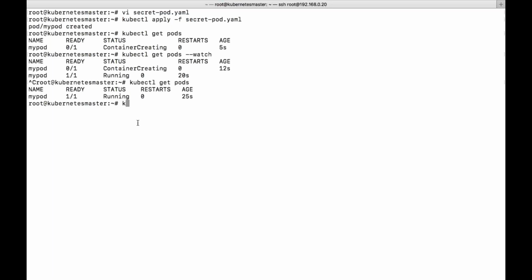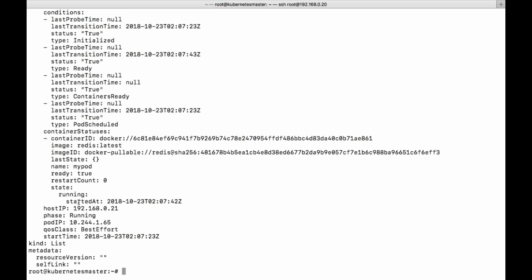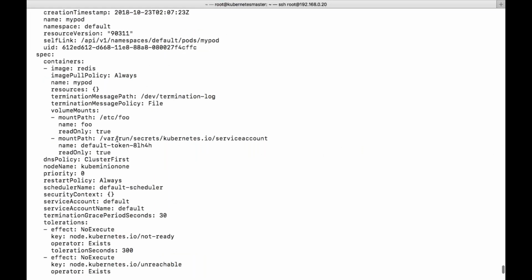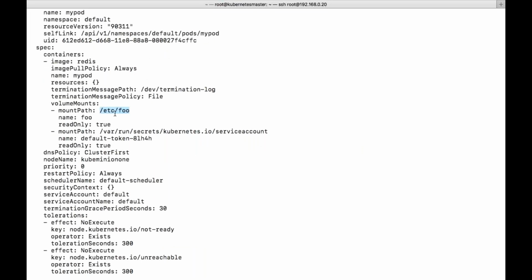kubectl get pods -o YAML. You can see this particular directory has been mounted to your volume, which we have attached. So let's try to see the information.